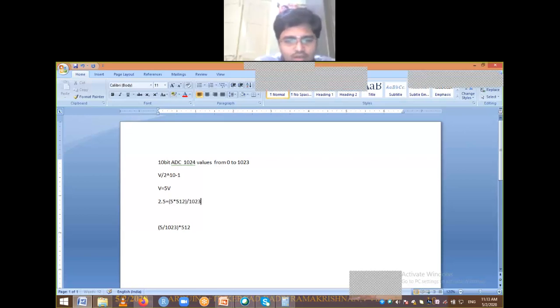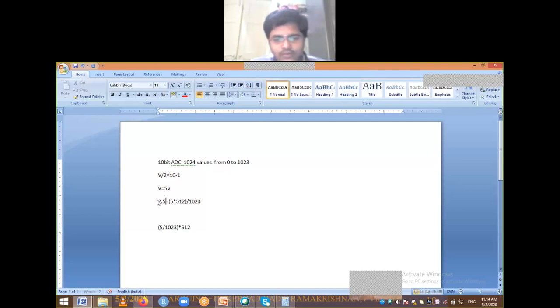But for example, if I want to get this 2.5 value, what should be the equivalent ADC value? How I will be doing it is, 2.5 multiplied with 1023 divided by 5. This will give me approximately 512.